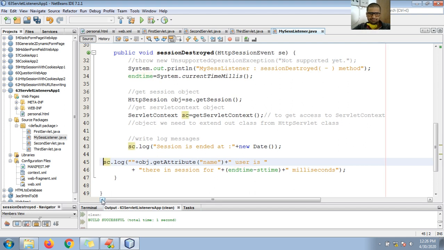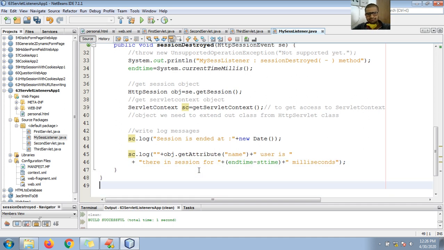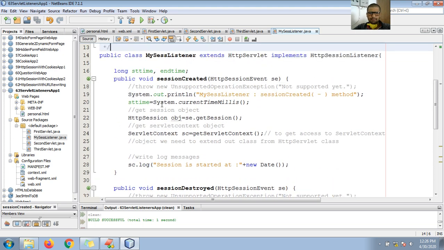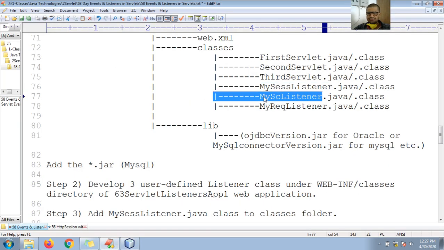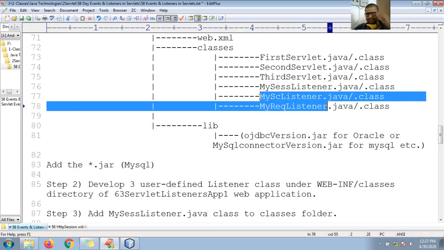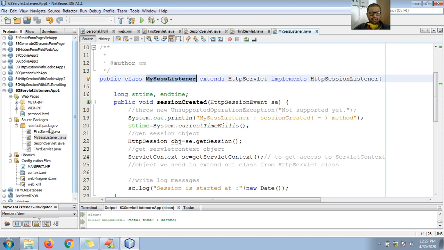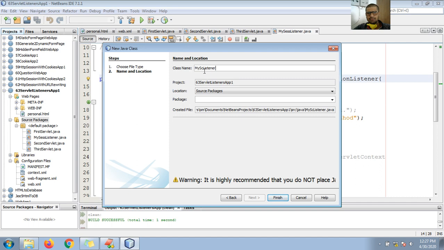Okay guys, so this is my servlet context. So fine, done. Now we have added successfully the session listener. Now we need to add the context or request, so we'll add this my servlet context listener. So copy, go to your NetBeans, so right click, new Java class, so give the name MyServletContextListener, hit the finish,